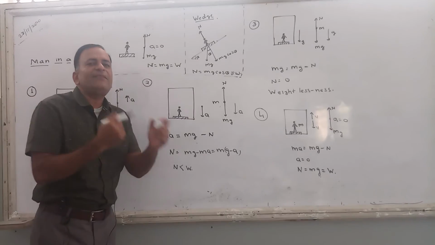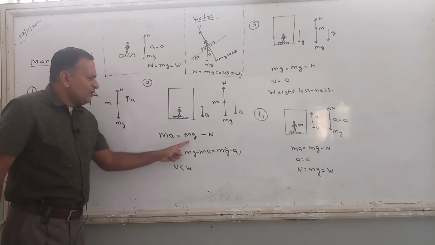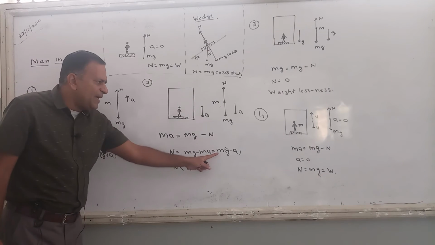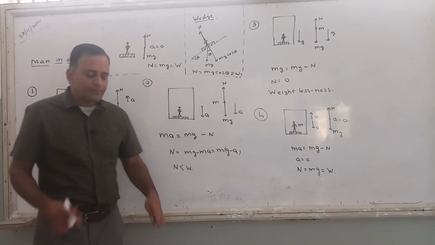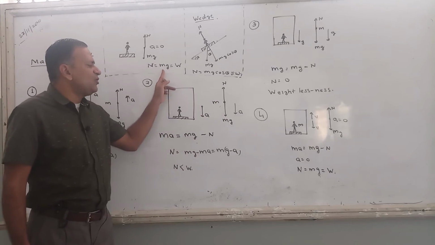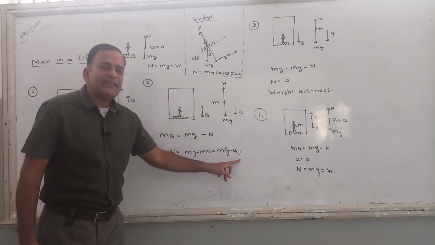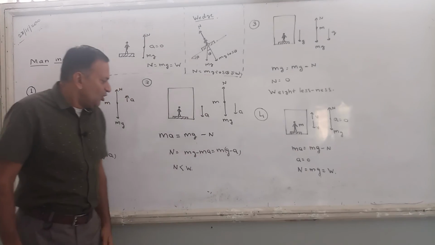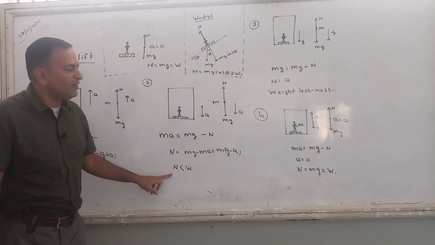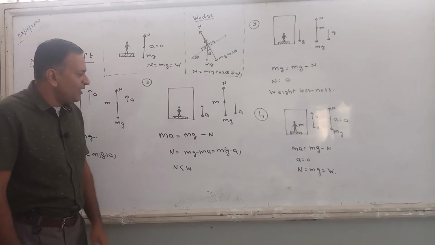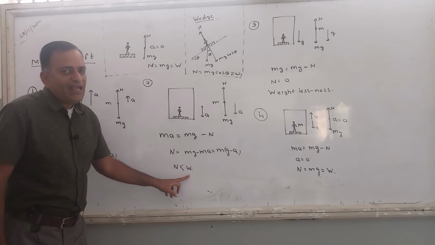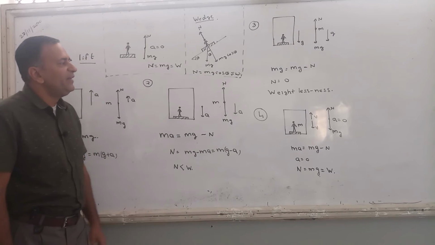नहीं समझ में आया तो फिर से थोड़ा सा डिवाइड करके समझ लेगा. ma is equals to mg minus n. So what is n equals to? n is equals to mg minus ma, that is mg minus a. अब देखो क्या हुआ, this number decreases. mg is the actual weight. Here you have mg minus a. So acceleration is becoming less. So what will happen? The normal reaction force will be little less than the actual weight of the person. And how much that normal reaction force will be? It will be mg minus a. ये इसका measurement है, ये इसका conclusion है, that apparent weight is less than the actual weight.